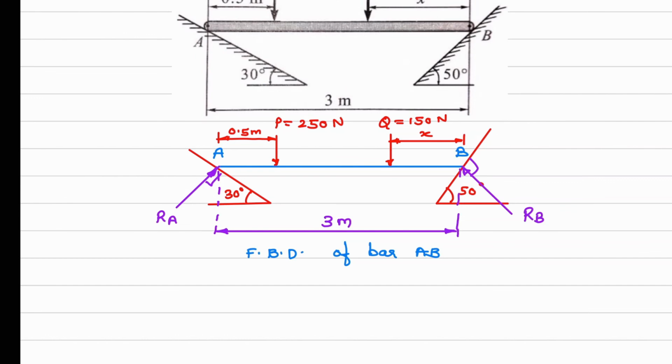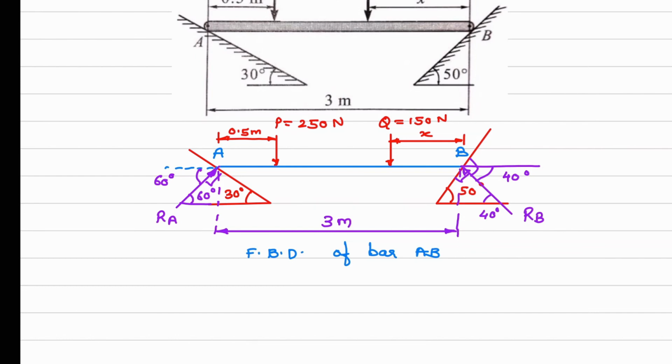Okay, now what about the angles? If you consider the angle part, this is making a triangle over here. Okay, a 30, 60, 90 triangle. So this is 90, so this angle will be 60 degree. So by alternate angles, this angle is 60 degree. In the same way here, this is 90 degree, this is 50 degree. So this angle will be 40 degree. So with respect to horizontal, this angle will be 40 degree.